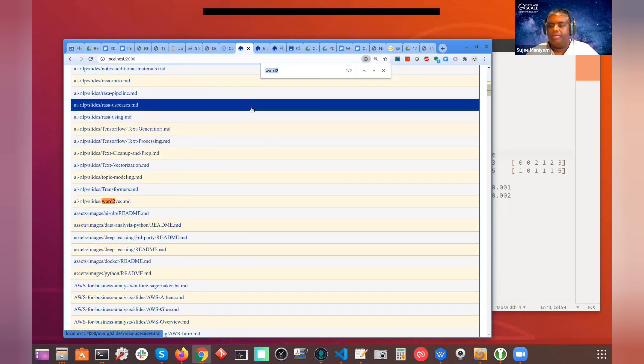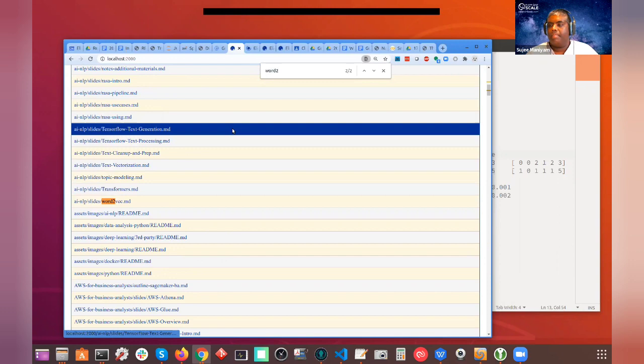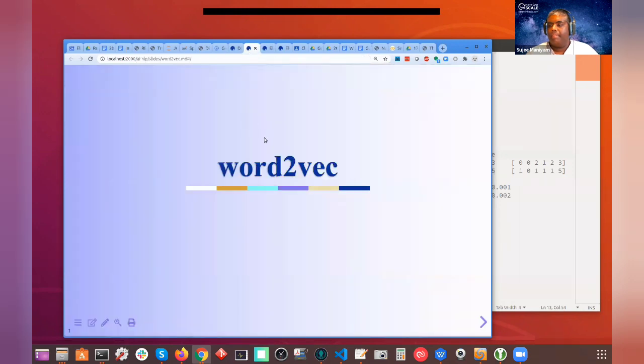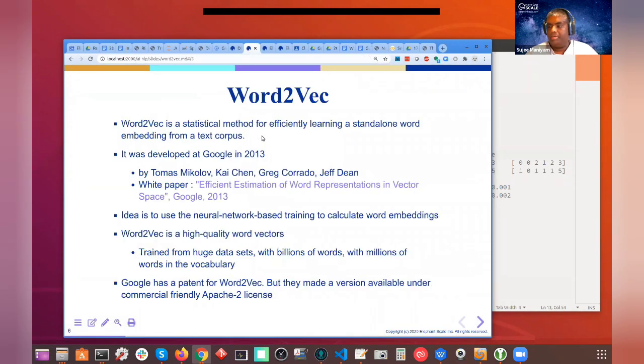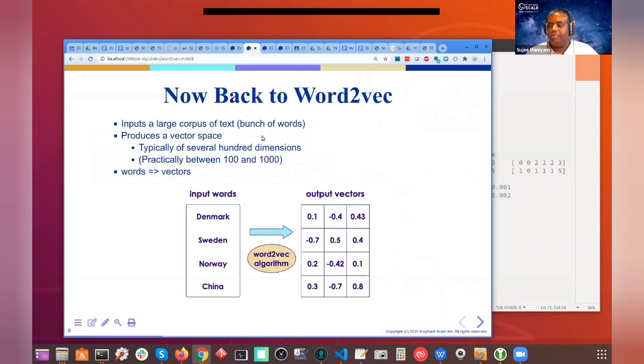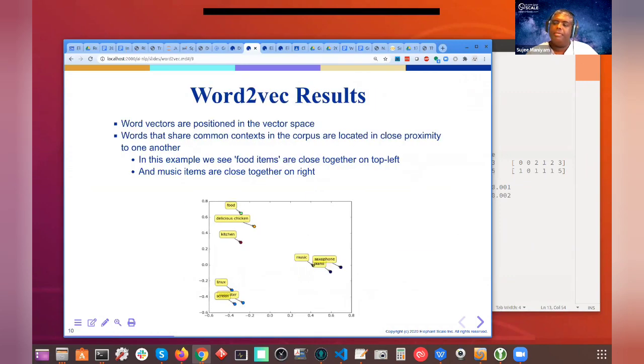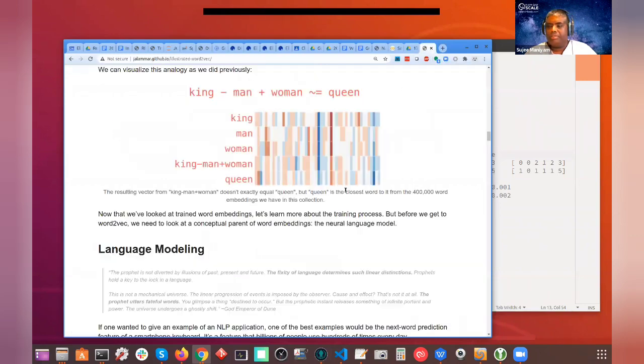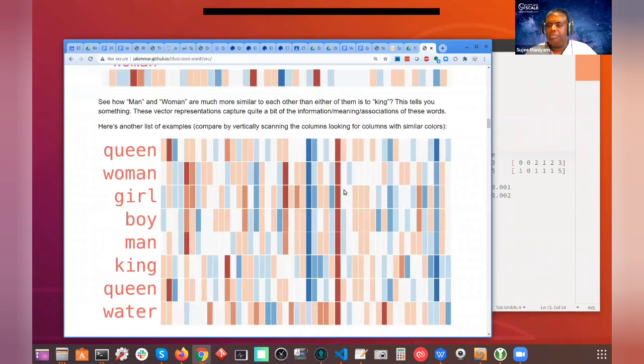So here, in the word-to-vec algorithm, this is a word-to-vec result. Remember, the word-to-vec algorithm produces a high dimensional vector, almost like 32 dimensions, I believe.